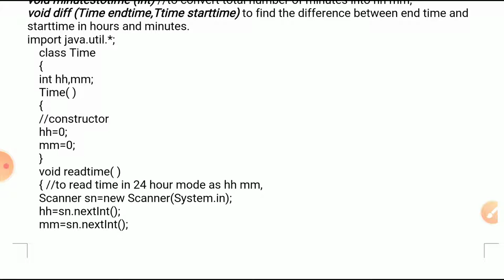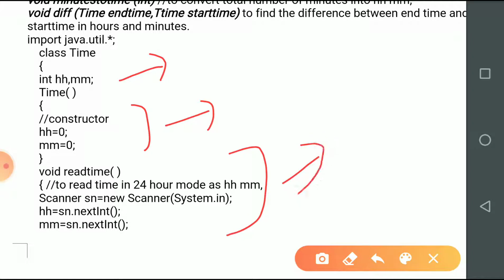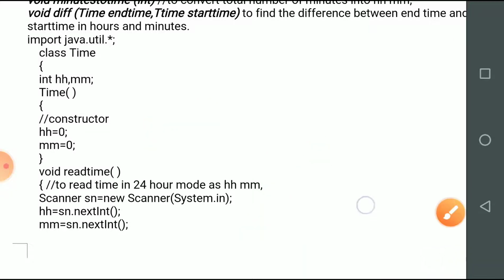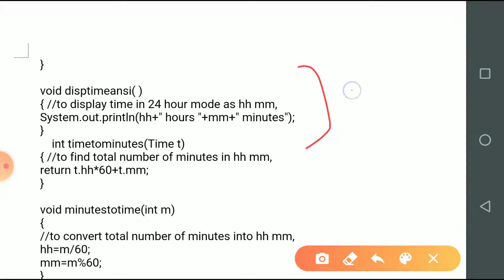So in the program, first of all, the class has been defined with member data hours and minutes. Then there is a constructor which will initialize this member data. Then we have this function readTime which will accept the time from the user using the Scanner class. It's not a big deal. Let's go ahead and see this function displayTime. This function will display the time in hours and minutes. So whichever object we use to call this function or the above function, it will display or read the time depending upon the object with which it is called.